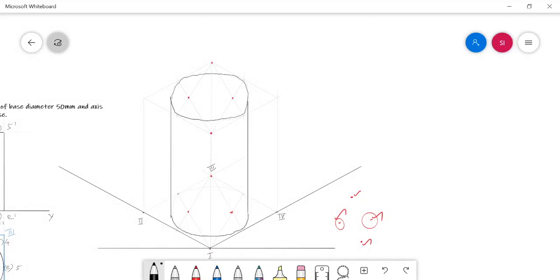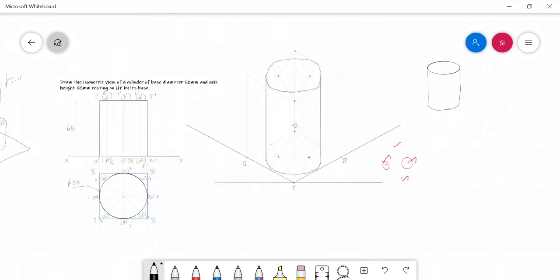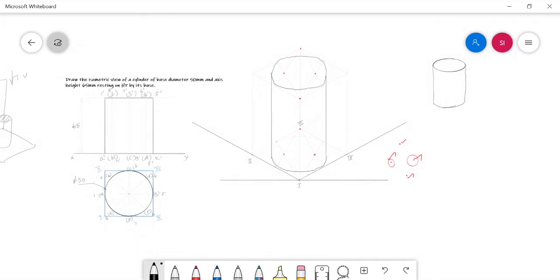However, if we roughly draw the 3D view of the cylinder as in the past cases, it will look like that. It is the same as what we obtained here in a systematic manner. Use proper tools to get better results. So this is nothing but the 4 center method for drawing the isometric view of a circle. Okay, so in this way you can draw the isometric view of a cylinder. Thank you very much.